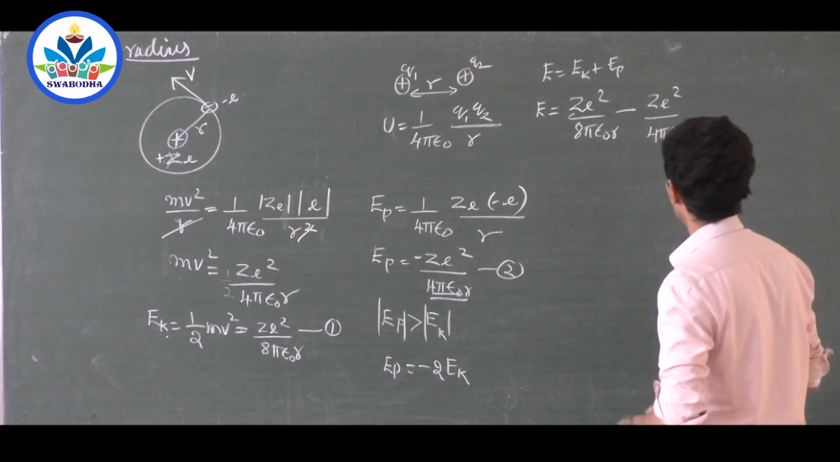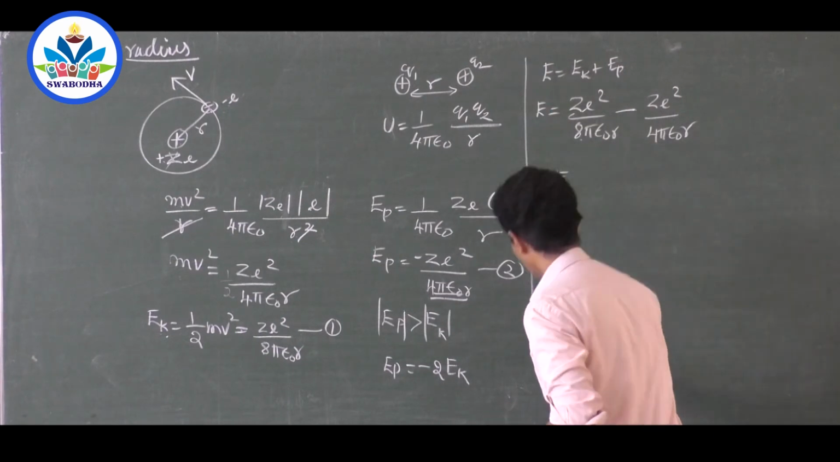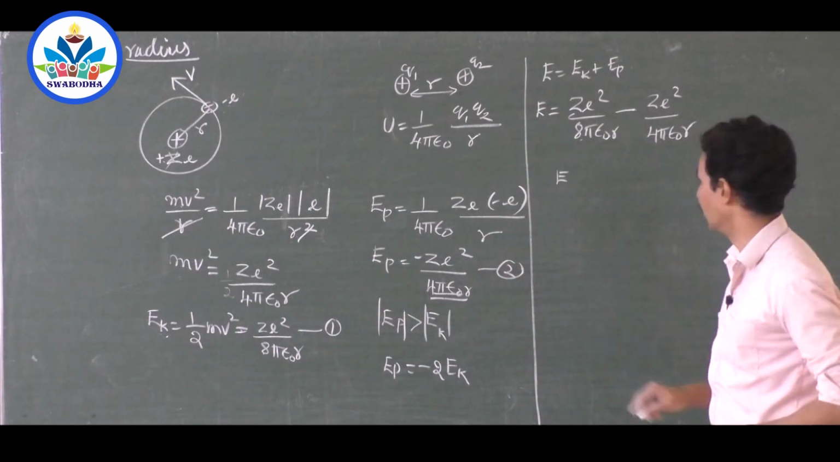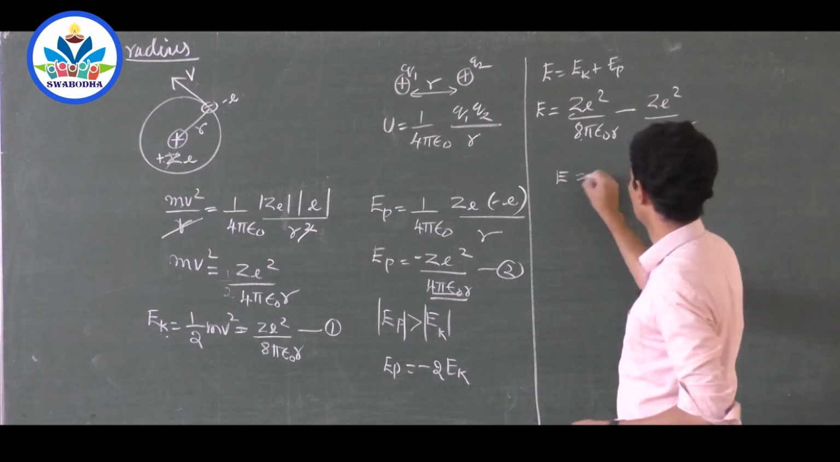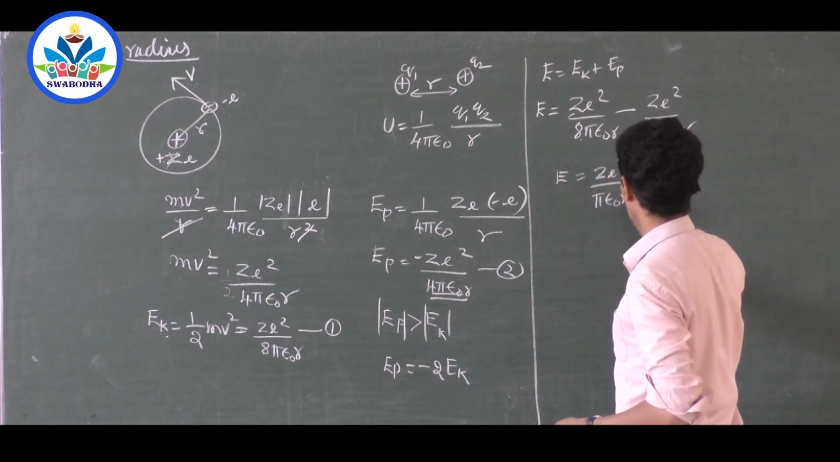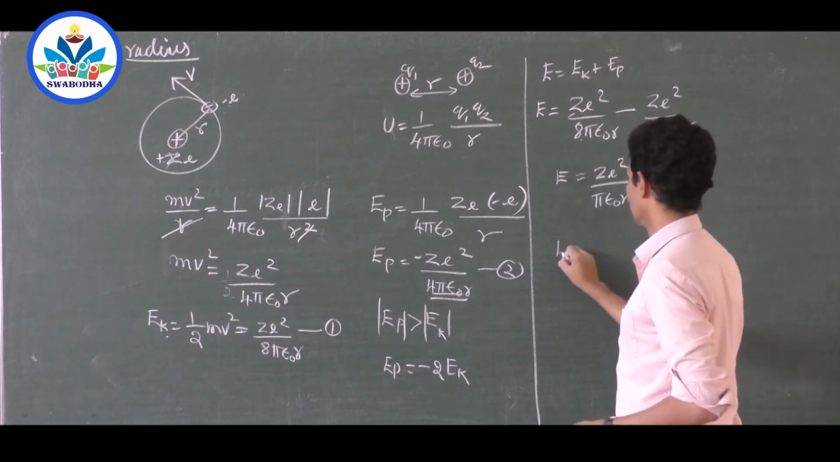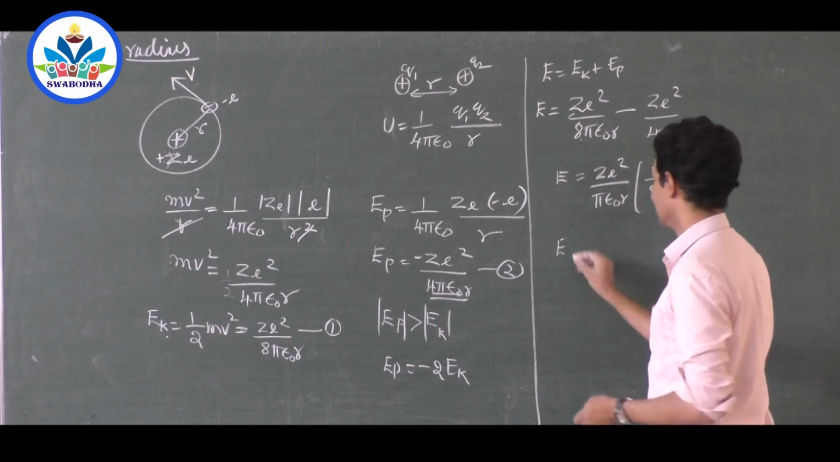What is this? Everything is the same except 8 and 4. So what is the total energy? I'll put a bar here. I think you can see this. Yes. E is equal to ZE square divided by pi epsilon naught r into 1 by 8 minus 1 by 4. So what is the total energy? E is equal to,